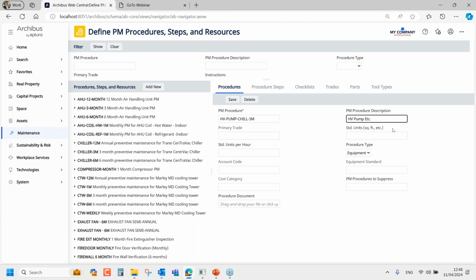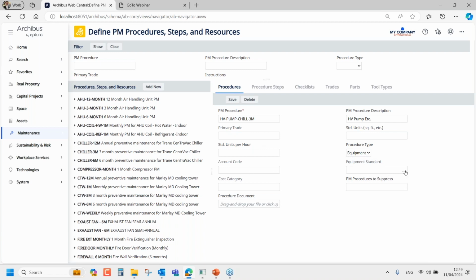Then that's all you really need to do, because by default this procedure type will be equipment. Now if this is not a mechanical equipment procedure, if this is anything else, housekeeping, inspections, or so on, you can actually assign this to a location rather than a specific type of equipment. So you do have to choose either equipment or location, but after this, and many of these things are informational